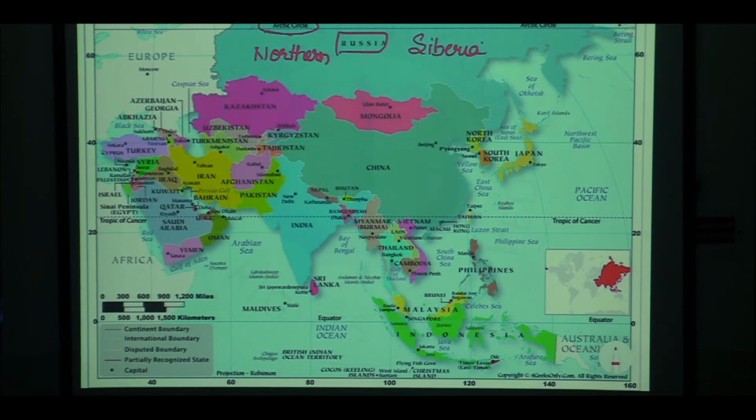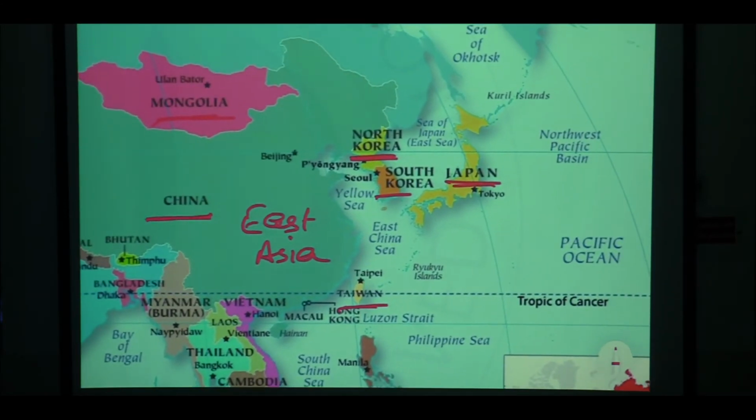So I am talking about East Asia now. East Asia is comprised of Mongolia, China, North Korea, South Korea, Japan, and also Taiwan. And when I take these countries as East Asian countries, the region that is East Asia is comprised of mainland countries, Mongolia, China, North and South Korea, and an island country that is Japan. Now because Japan asks us to get into the enlargement, slightly zooming in here.